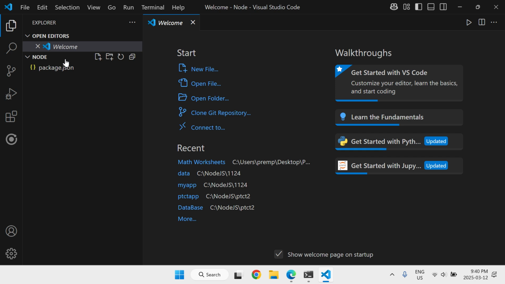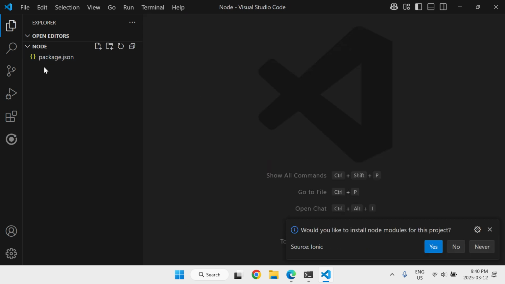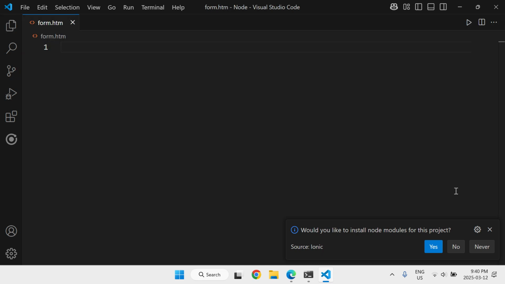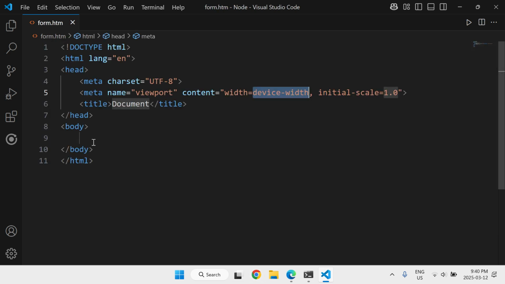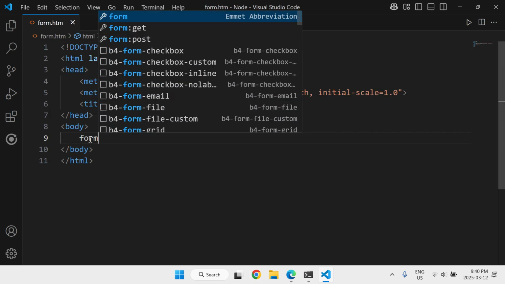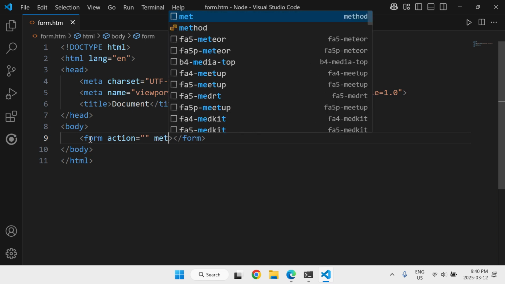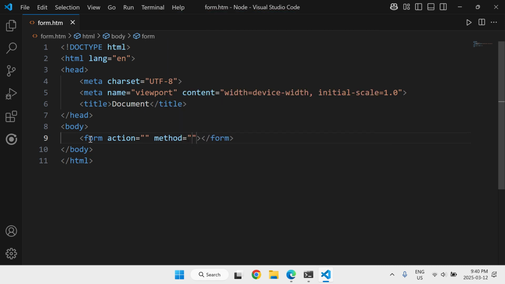and then we are going to create here, let us create the HTML file first. So I'm going to give it the name form.html, and then we are going to have some skeleton code, and then I'm going to say here inside the form we have to write the action later, but write the method here as get,